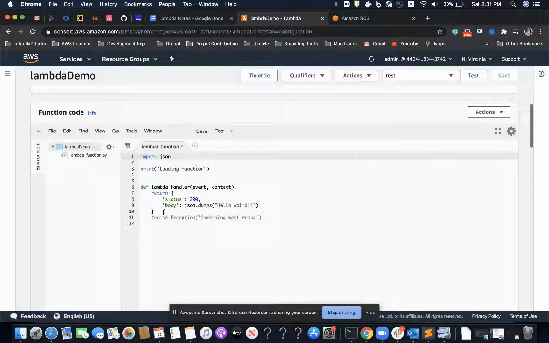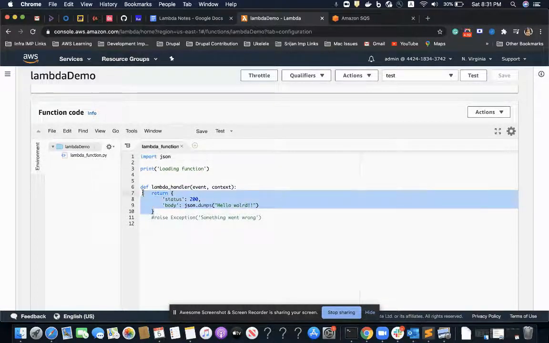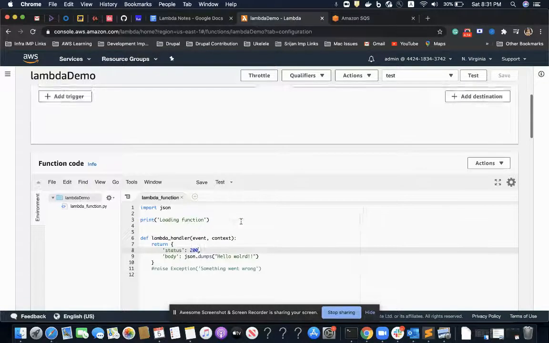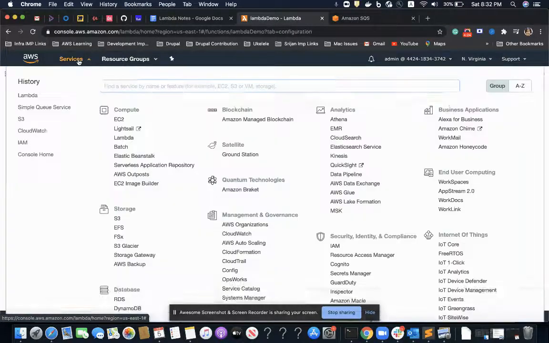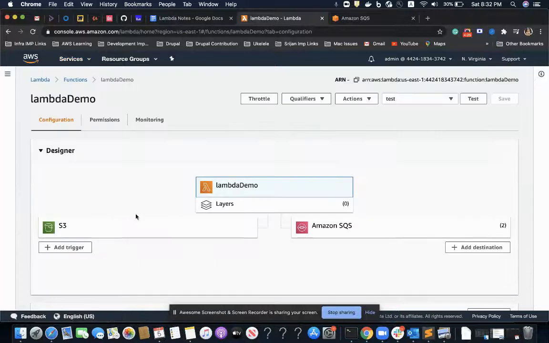So that's it. Coming on to the definition of our lambda function, it is pretty simple. We are just sending a message called hello world with status code 200. In the previous video we have seen how we can integrate S3 with lambda. So we are using that integration only. So I'll be using S3 to upload my image, and that will trigger my lambda function, and that will trigger SQS queue.